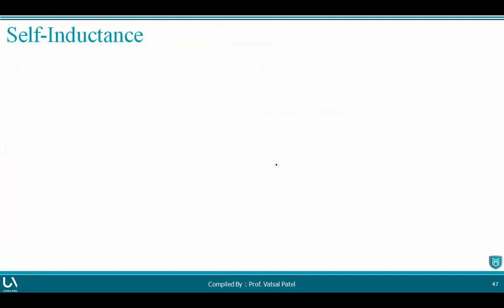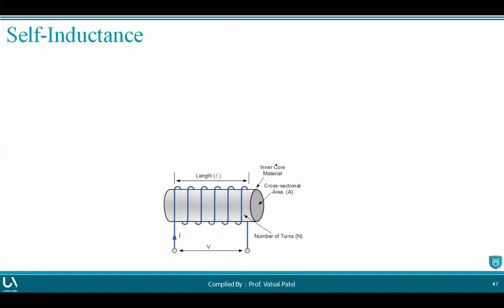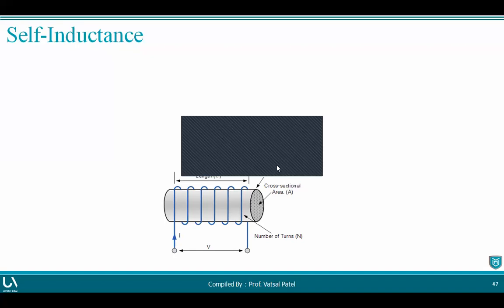Now we identify the self-inductance definition, as we discussed in the self-induced EMF equation also. We are going to identify in much more detail the self-inductance and the mutual inductance. First, you can see the diagram, which is just like the previous case. There is one circular core having a cross-sectional area of capital A. Over the core we have a coil,